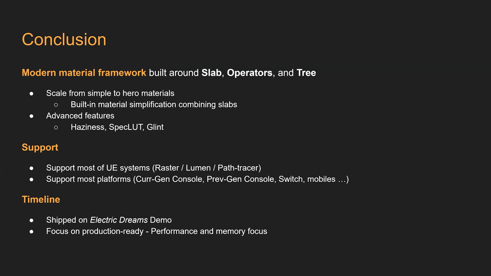So to conclude, this is what we believe is a modern material framework that is also built with performance and scalability in mind. So yeah, built of slabs, operators, and the tree, and all that we can simplify or not, depending on the platform you want to run. And it has all the advanced features that you expect for a modern material framework, also like haziness, multiple specular lobes, specular lobe for pearlescence, glint, and the support in Unreal Engine, we already support all the systems,